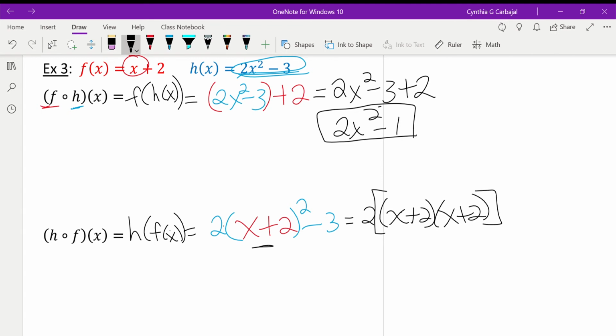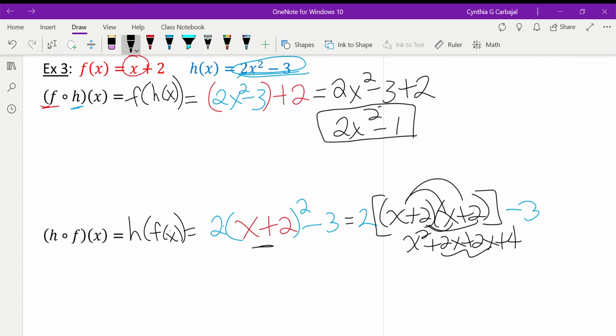Okay, and then we'll focus on that minus 3 till the very end, but I don't want to leave it out because I don't want to forget that it's there, okay? I'm just trying to color coordinate there. All right, so I'm going to focus in here inside. I'm going to do the rainbow method. X times x is x squared. X times 2 is 2x. Then 2 times x is 2x, and then 2 times 2 is 4. The middle two terms will combine to give me 4x, so that's going to be x squared plus 4x plus 4. And that's what I have in here, but I still have that 2 in the front,